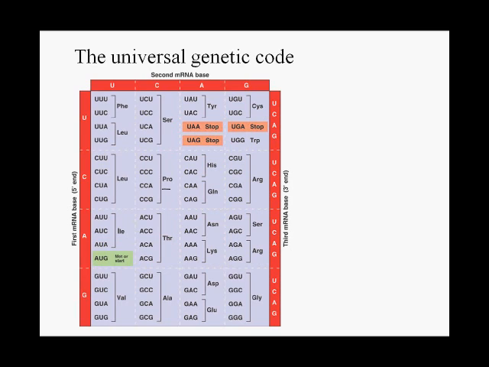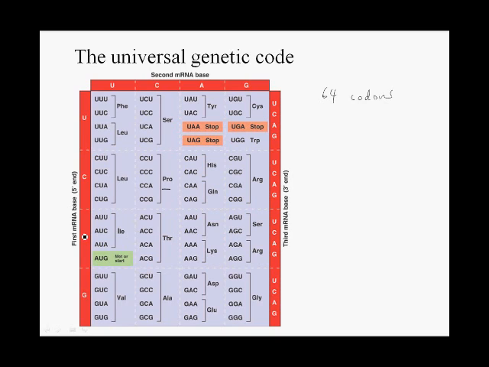This tRNA charging system is the basis of the universal genetic code. So this is a codon table. You don't have to memorize it. We will supply this exact same table on your exam. I just want to point out a few things. First, there are 64 possible codons, and that's because each codon consists of 3 bases. There are 4 different possibilities for each of the 3 positions in a codon. So 4 times 4 times 4 gives us 64.